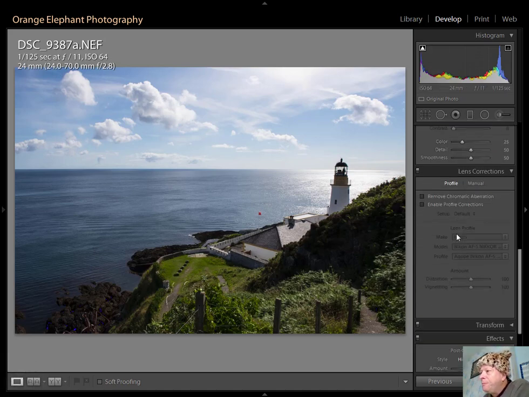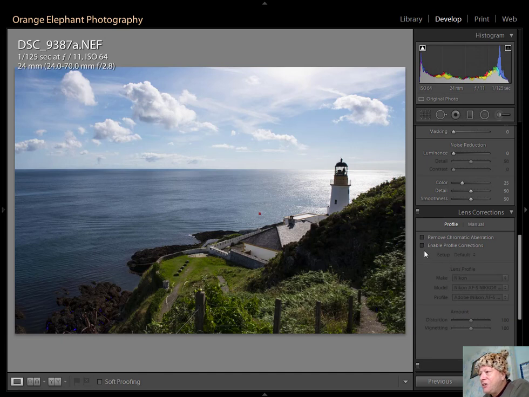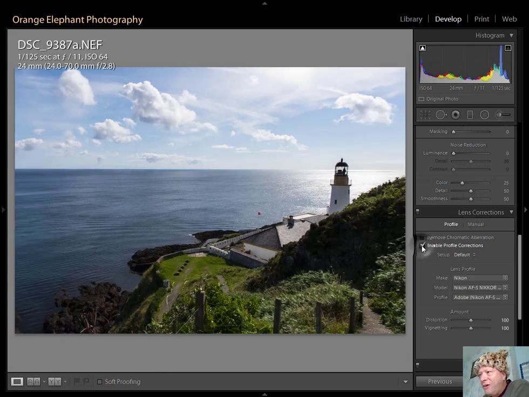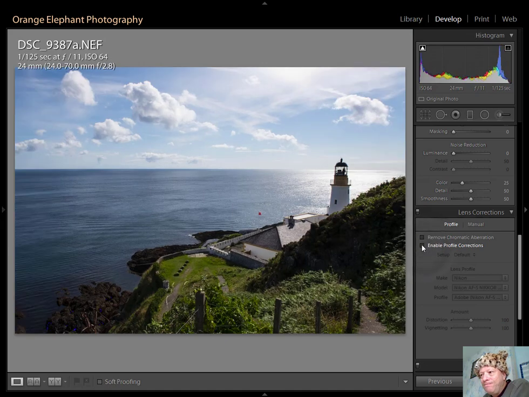The next step I do is I just have a look what the profile corrections will look like. This corrects the lens used in this particular shot, so I'm just going to click that on. You see it flattens out the image a little more. Very good for architecture shots. Turn it off again. I sort of feel I prefer it turned off,